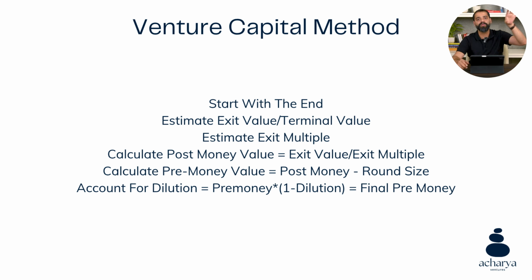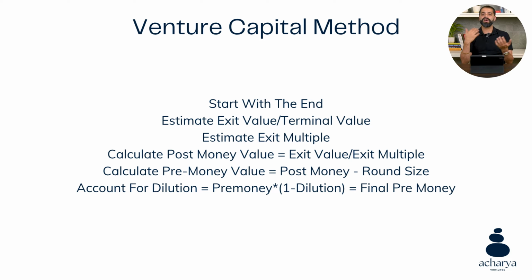They understand how much exit value, when they exit, what is going to be the valuation of the company. Then they understand what is going to be the terminal value of the company, right? And what kind of multiple are they going to get at the exit. A multiple is basically a percentage of your revenue or of your net profit. So when you would have heard words like 3x revenue or 10x of your profitability, that simply means that whatever is your revenue, 3 times of that is your valuation, or whatever is your net profit, 10x of that is your